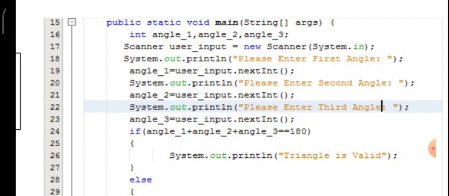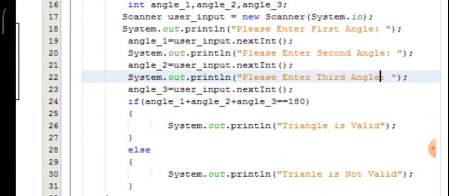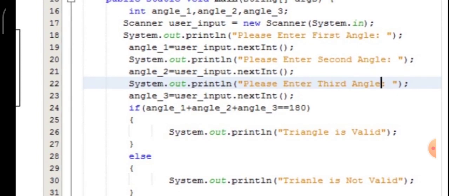The next one, second angle, if it is equal to 60, it is going to be stored in angle_2. The third angle also is being entered, and here you are looking for a condition: if angle_1 + angle_2 + angle_3 == 180. That means if all are 60, 60, 60, it will exactly be equal to 180.